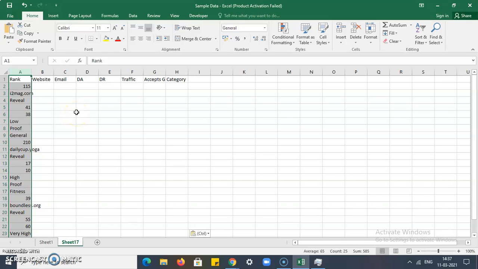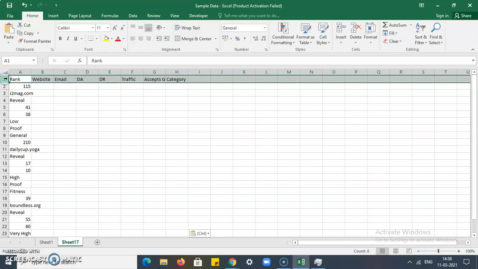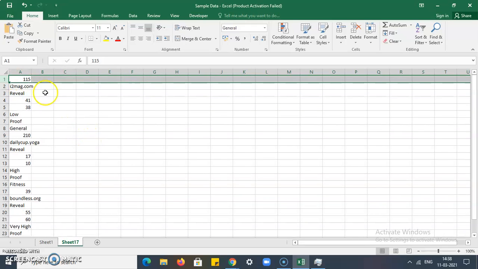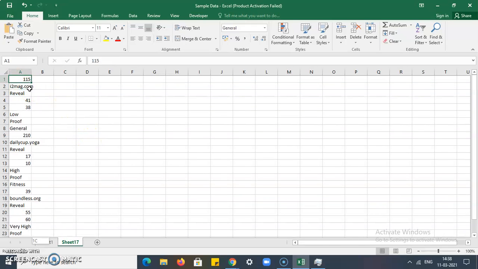So how can you convert this single column into a table? That's your problem now. You can see here column names are there, but to sort that data you don't need these column names. So just remove the column names by clicking on it and pressing Ctrl minus. Now your first row is removed, and now your data is here.